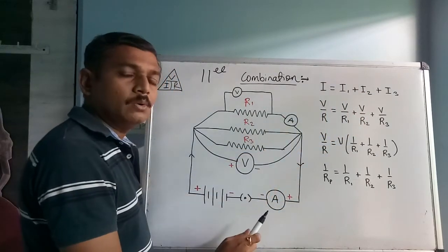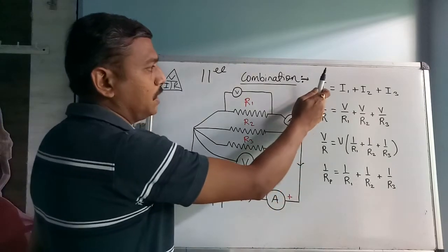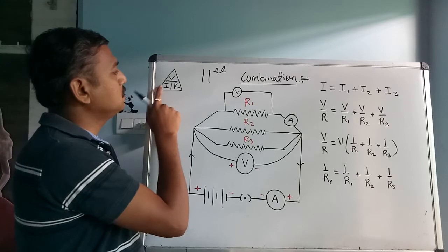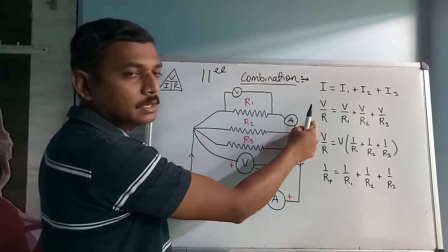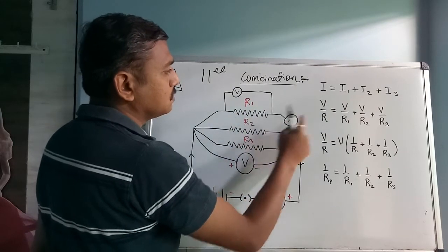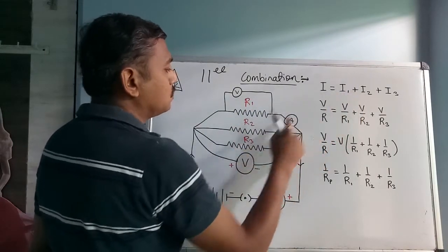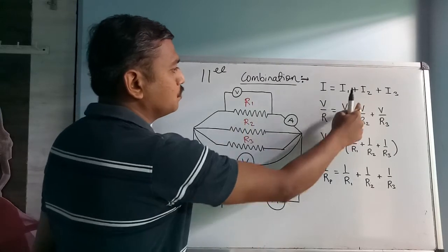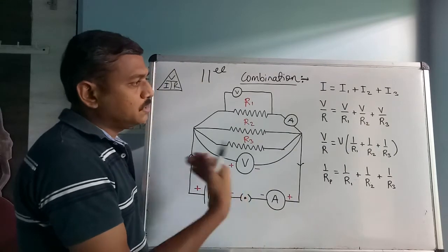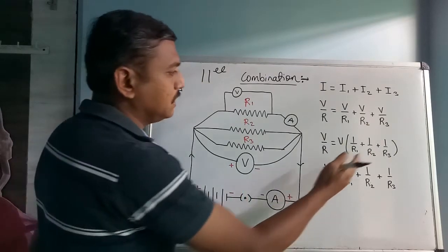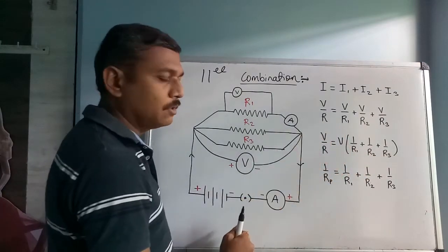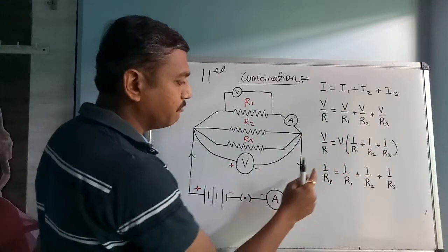After this, applying Ohm's law. Applying Ohm's law, I told you to remember like this. It means I want R, so I is equal to V by R, so V by R is here. Then this I1 current flows from resistance 1, that's why V upon R1. I2 will be flowing from R2, V upon R2, and similarly V upon R3. So proceeding forward in this way, taking out V common, we will get this step, and then V on both sides will get cancelled, and we will get this